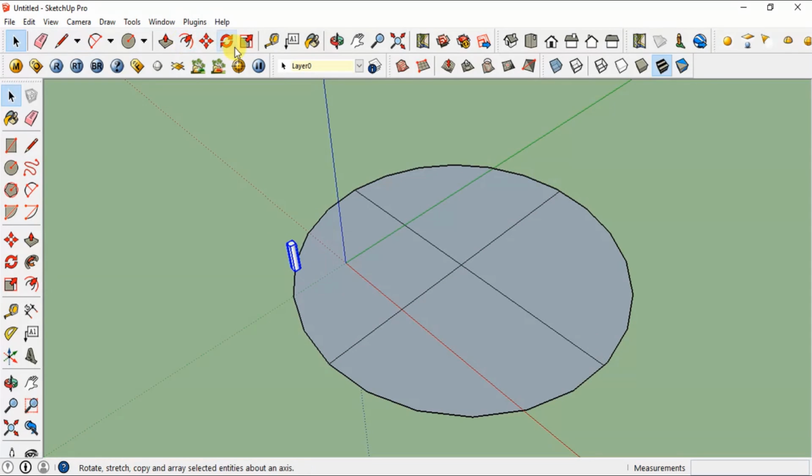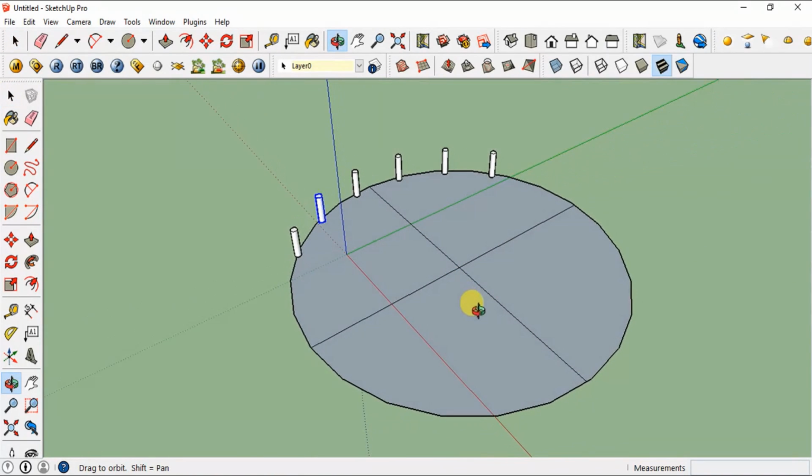Now since I've got the center, I'll click on the rotate icon and place it on the center. Then you must press Control on the keyboard while rotating it. You just have to rotate it to the particular angle you want, and you have to press Control for copying it, otherwise it would just get rotated and not copied. And then the same applies here also. After clicking the mouse button, you have to type the number of times you want it to be copied in that direction. Just now I did it for 5 times.